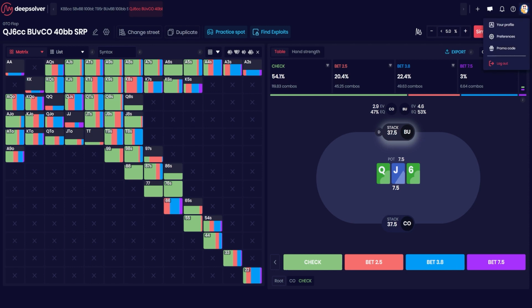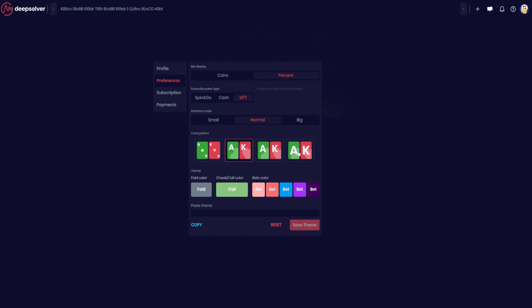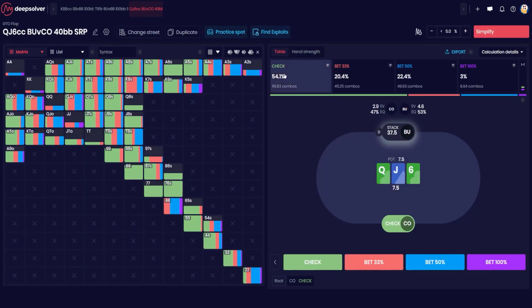But if you click on the top right and click preferences, we can also change this to percentage. Other things you can do are set your card type and also change your bet colors. This is useful if you don't want to use the same theme as me. So we've changed it now, and instead of seeing that bet number, you're seeing the bet size, but as a percentage of the pot. So yeah, pretty useful tool when you're looking at exact bet sizing options, or you get confused a bit by the chip denominations.